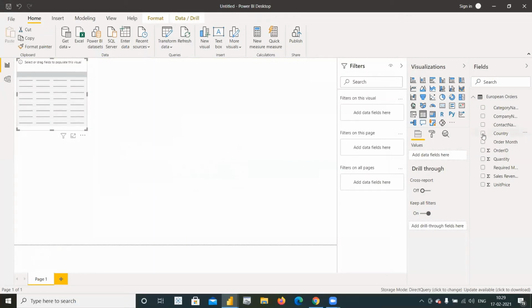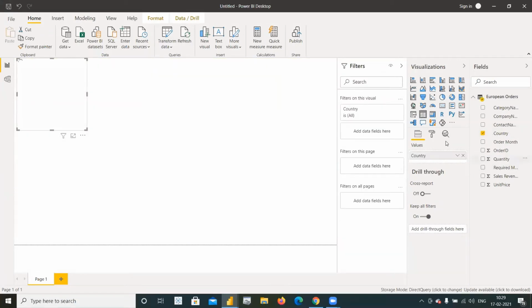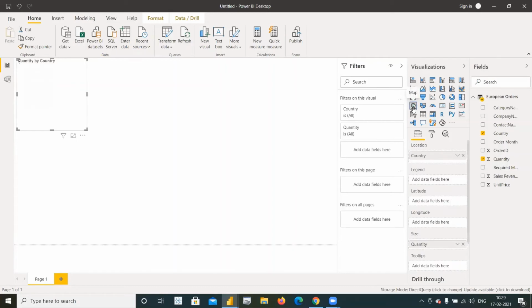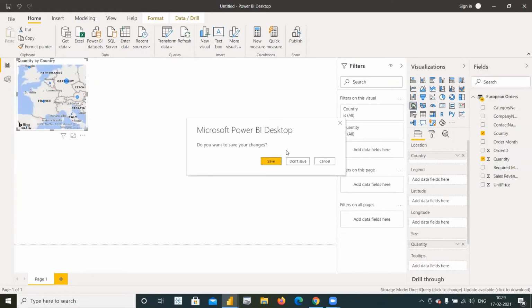And this time I'll go with country and quantity. I'll just change that into a map, and there you go. Now let's get back to the presentation and see the rest of the hacks.